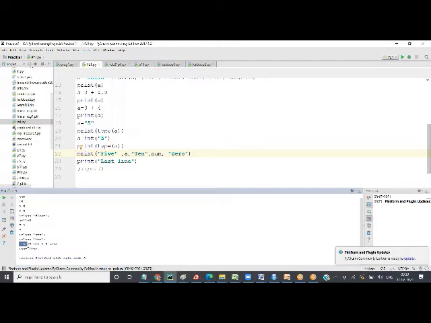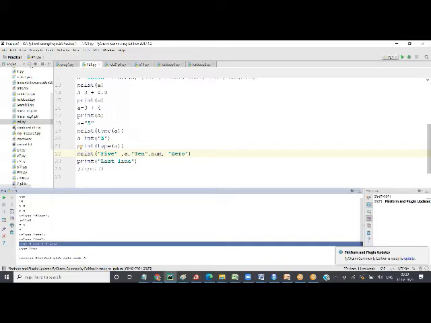So when you concatenate, no space will be introduced. But when you say A, comma B, comma C, comma D, between value A and value B, a blank space is introduced. Between B and C, a blank space is introduced. C and D, a blank space is introduced. Between those parameters, by default, a blank space will be introduced.